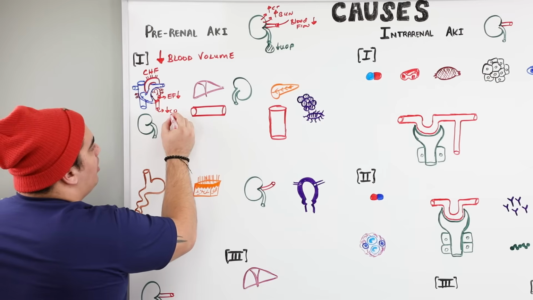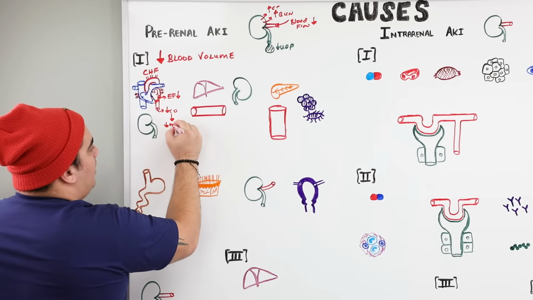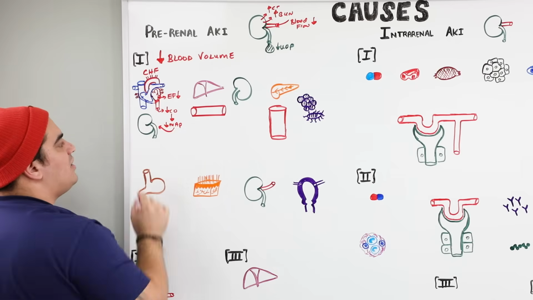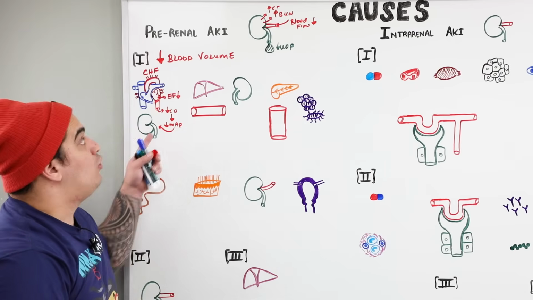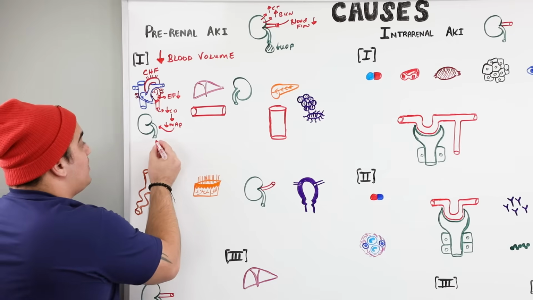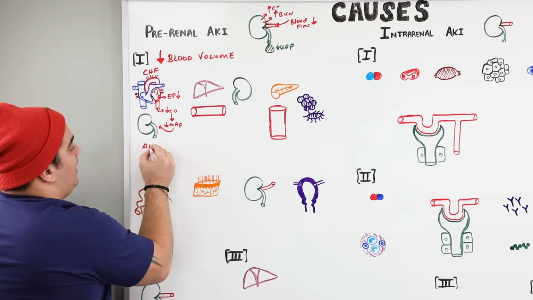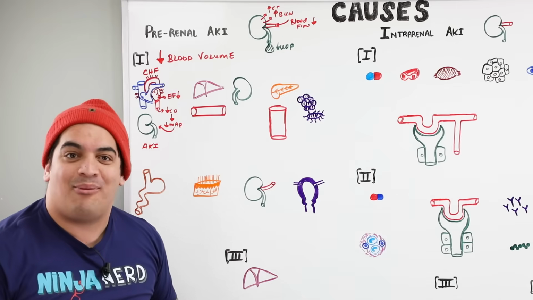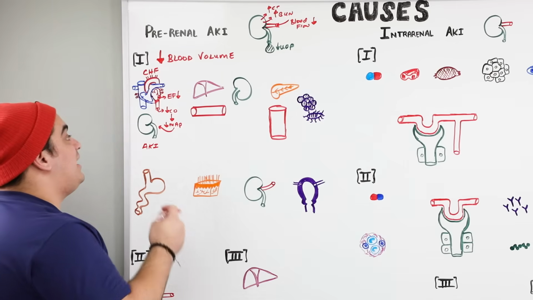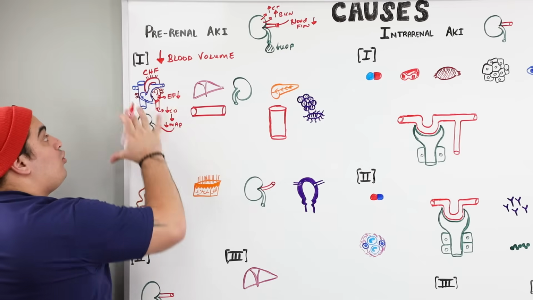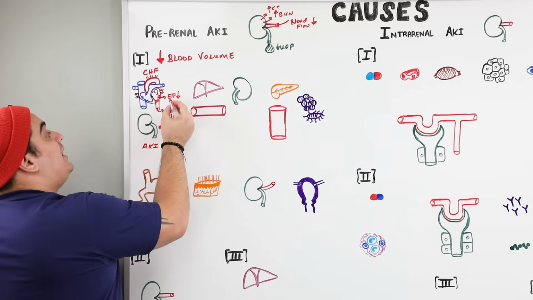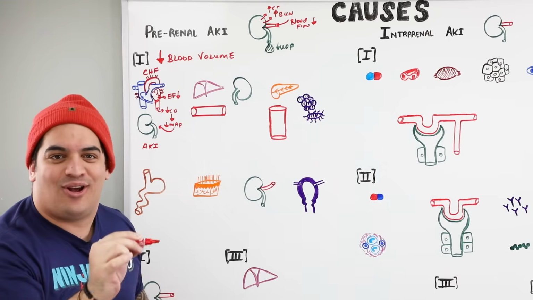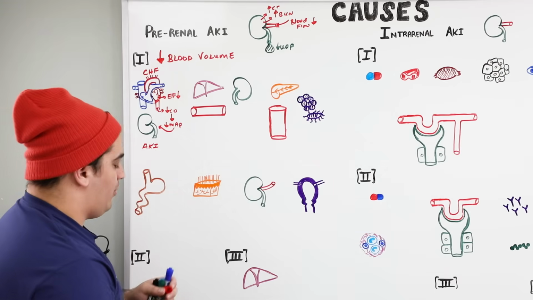If you have a low cardiac output, that leads to a low mean arterial pressure, which is your perfusion pressure. If you have reduced perfusion to the kidneys, what happens? Reduced blood flow to the kidneys, and as a result, this can lead to acute kidney injury via an increase in BUN, an increase in creatinine, and a decrease in urine output. So CHF is an example where they may have a normal total body volume, but the amount of volume being circulated through the blood to the kidney is lower.